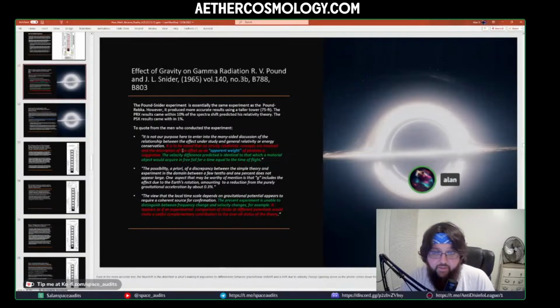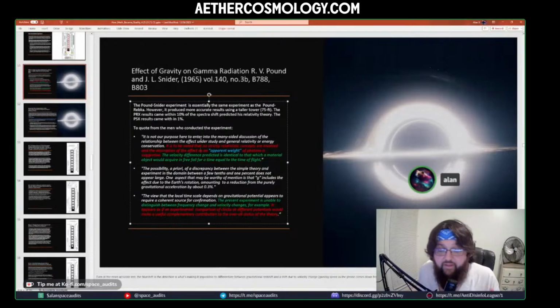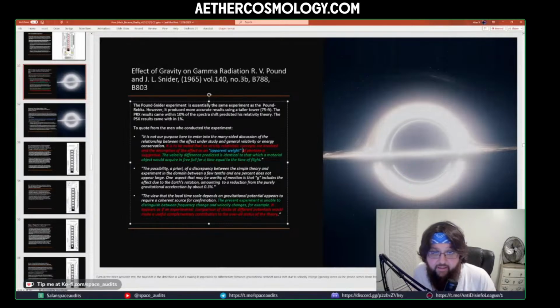But here they tried to measure the curvature of space time. I'm sorry, the effects of the gravitational field of Earth and its relationship with space time curvature. They tried to measure that, and they got a fall rate, or a frequency shift, which would correspond to the speed changing, right? Which corresponds to Newtonian gravity, showing that there's a force moving the light down at a faster speed so that it's gaining speed. And that prediction is also the same as the relativistic prediction in terms of the frequency shift,